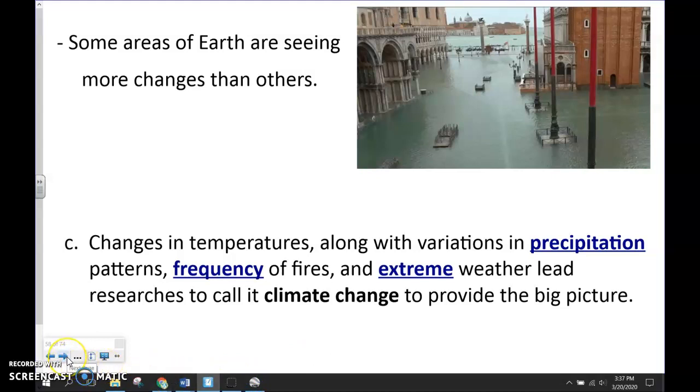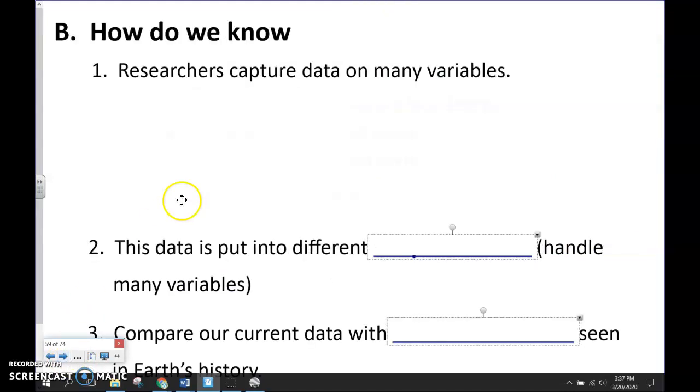The next thing I want to talk about before I let you go for the day is what do we see happening in this? How do we know? Okay. Well, we look at data from a lot of different variables. Okay. NOAA, the National Oceanic and Atmospheric Administration, they work with scientists around the world. NASA, the Space Administration, right? And then NOAA, NASA, EPA, they're all working together, collecting data, trying to figure out what the story is.